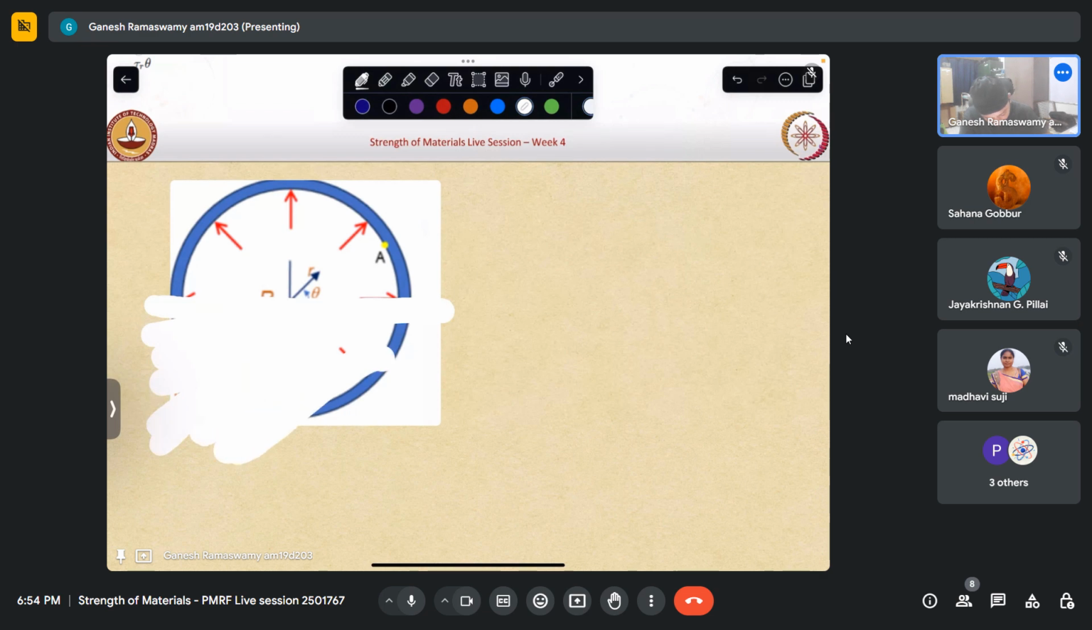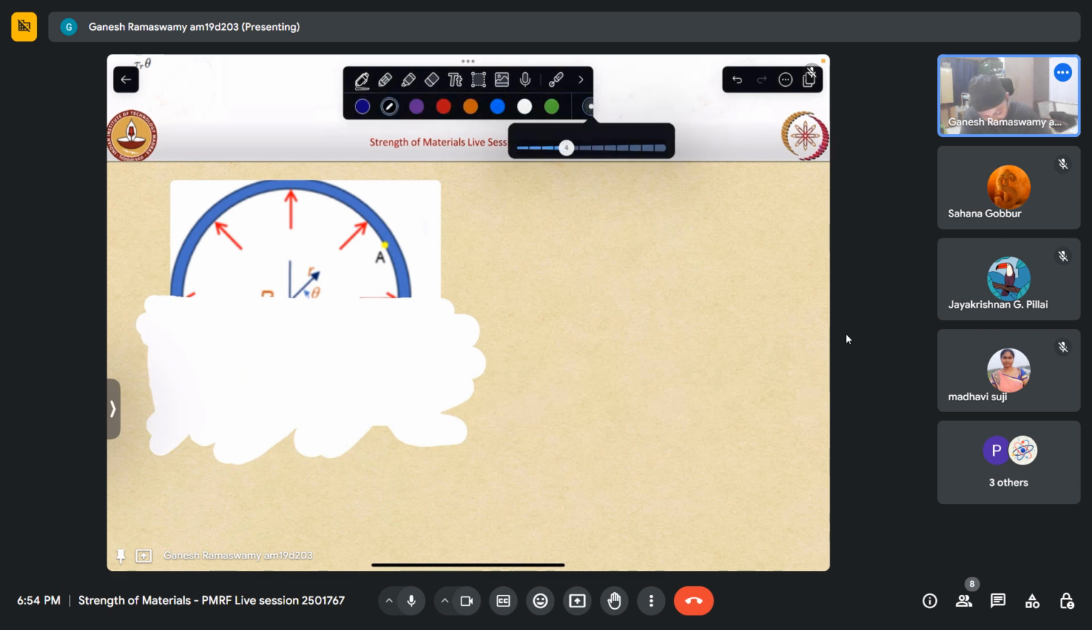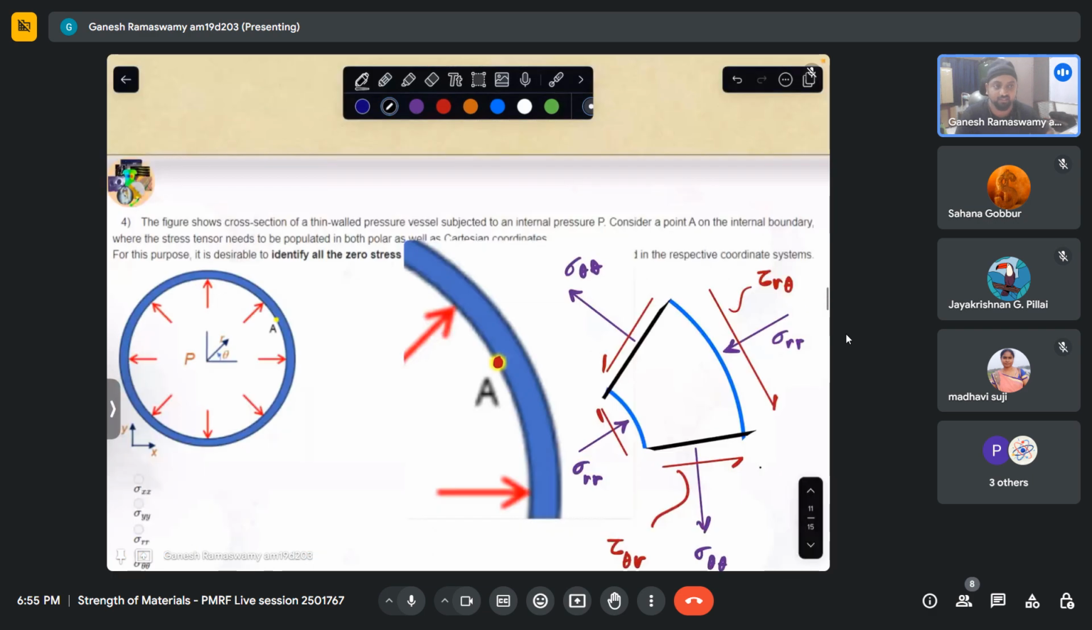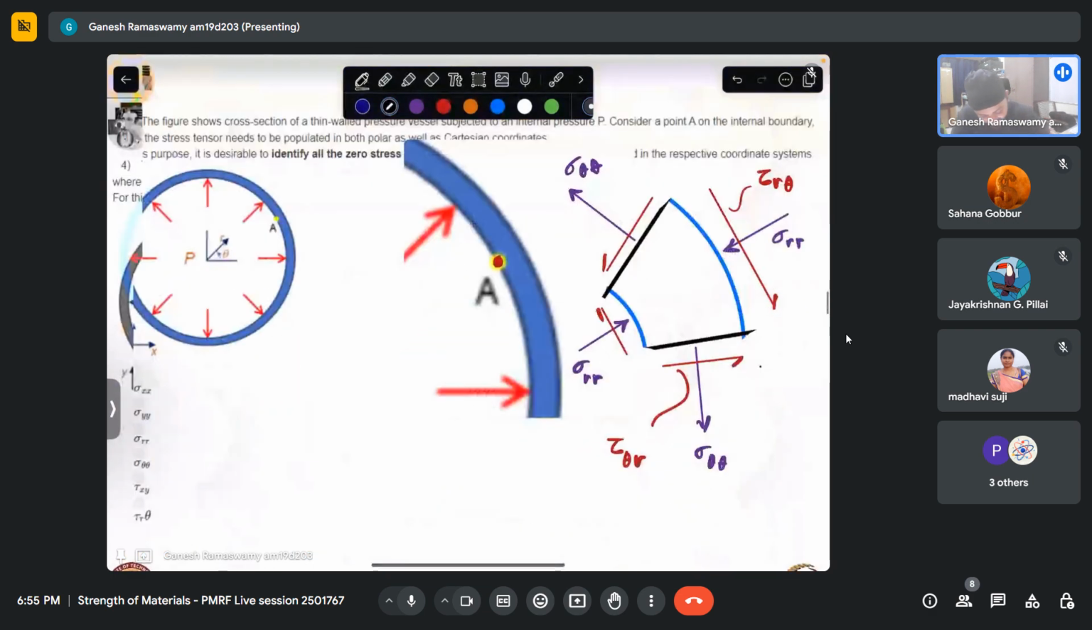If I cut the thing in half like this, what will I expose here? This is sigma theta theta that is acting here. I hope you can appreciate that. So this is being subjected to some pressure P. Now this sigma theta is what is balancing out that P. The thickness of this is some T. This is a thin walled cylinder of, let us say, some thickness T. Now from force equilibrium, if this is in equilibrium,